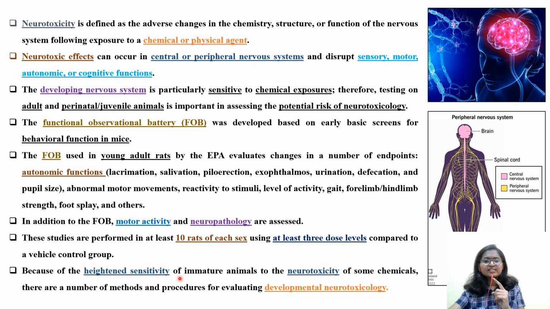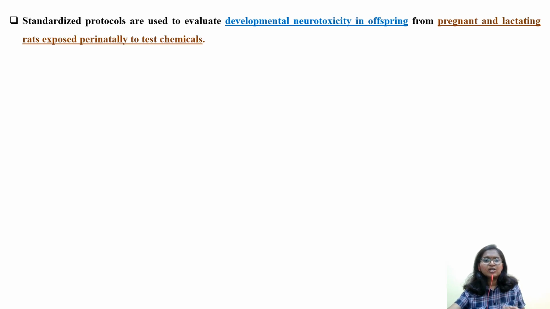Because of the heightened sensitivity of immature animals to the neurotoxicity of some chemicals, there are a number of methods and procedures to evaluate developmental neurotoxicology. So, what type of test can you use to do this developmental neurotoxicology, that we will see in the next slide. Standardized protocols are used to evaluate developmental neurotoxicity in offspring from pregnant and lactating rats exposed prenatally to test